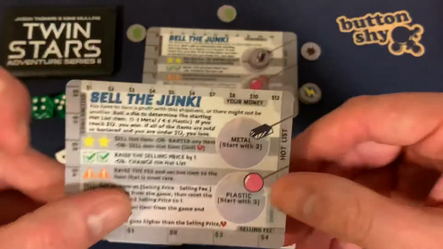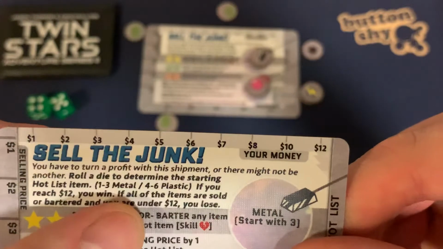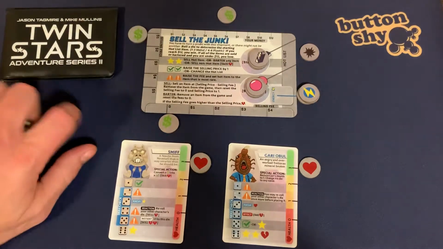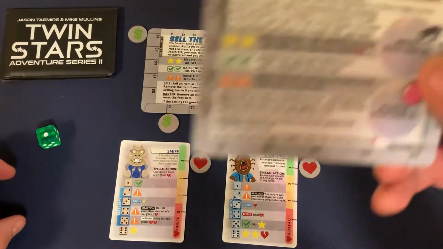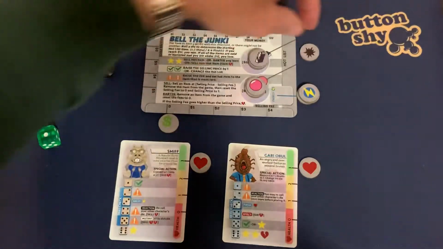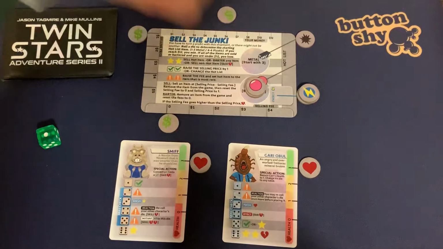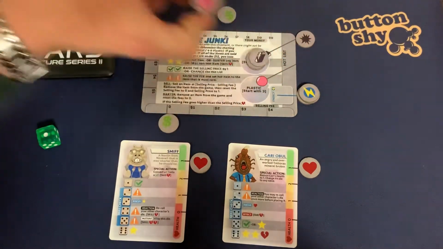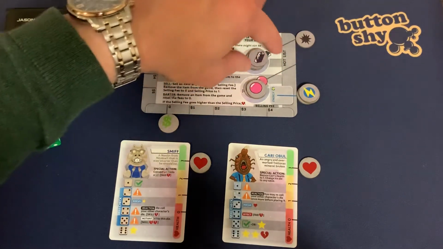Okay, so the first thing we need to do is set that hot list item. A 1 to 3 is metal, and a 4 to 6 is plastic. And here's our hot list over here. It's just got a 1. So a 1 to 3 is metal, so these are all my metals here, and these aren't bubble gums, these are all my plastics here. So there's 3 of each that need to be